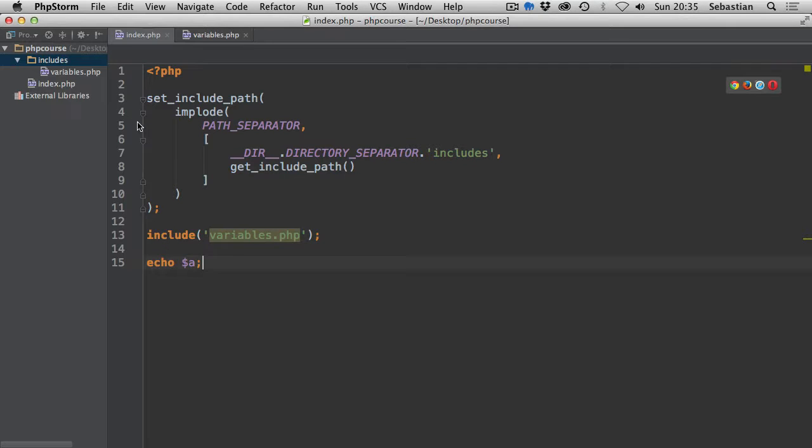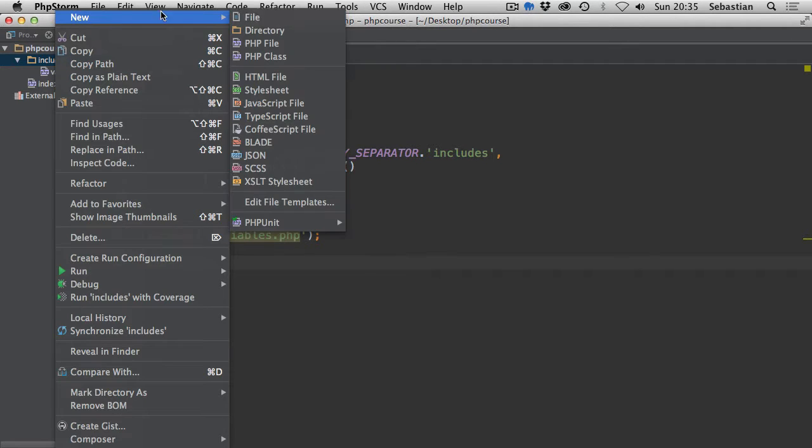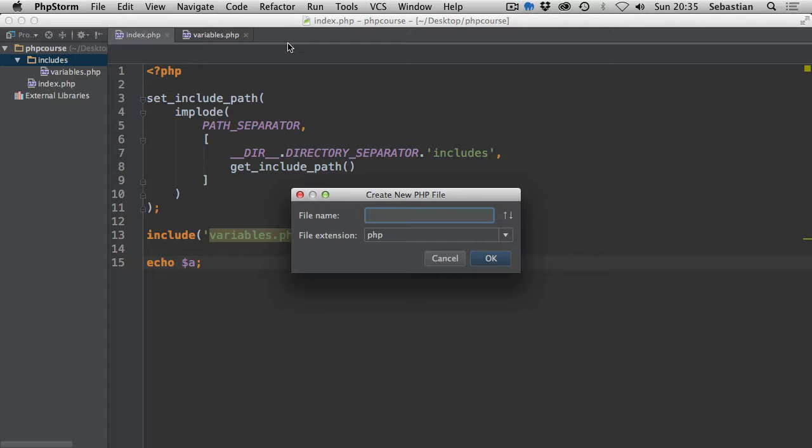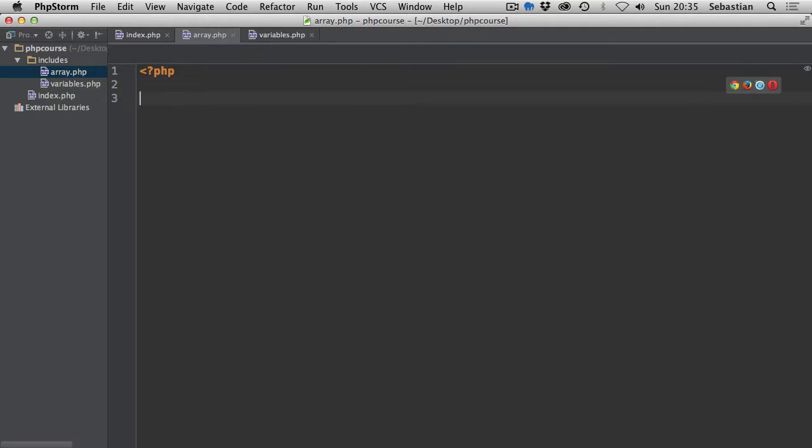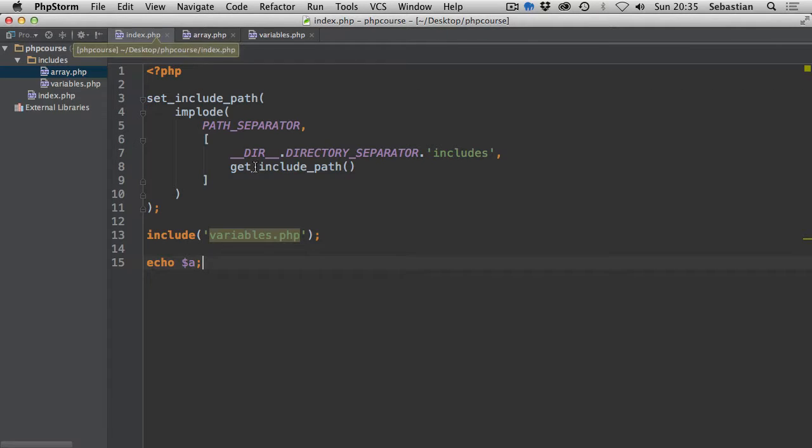Okay, we have tried the variables. Let's try and create a new file here. Let's call it array.php. Inside of this file, we are going to create an array. So returning an array, semicolon after the return statement, and we are going to put banana, apple, and peach. Okay, so we are returning the array from within this file, which we are going to include now